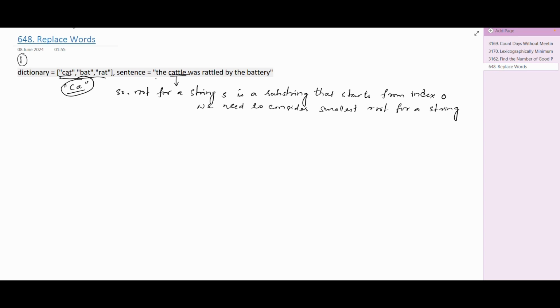So let's go through each word in the sentence. For the first word, the, there is no root, so it will be as it is in the output. For the second word, cattle, we can see the root will be CAT. So in the output, cattle will be replaced by cat. Similarly, for the next word, words, there is no root in the dictionary, so it will be kept as it is. For the next word, rattled,